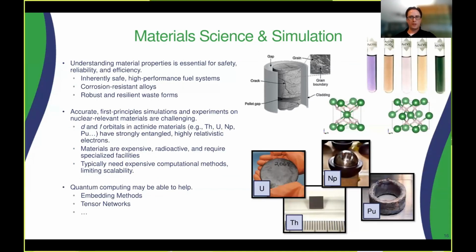This one, material science and simulation of materials, comes up a lot in quantum computing, and nuclear power is no exception here. So understanding material properties is essential for the safety, reliability, and efficiency of a nuclear power plant. There's a lot of work going on these days in these inherently safe and high performance fuel systems. You'll sometimes hear about accident tolerant fuel. Corrosion resistant alloys. Corrosion is a